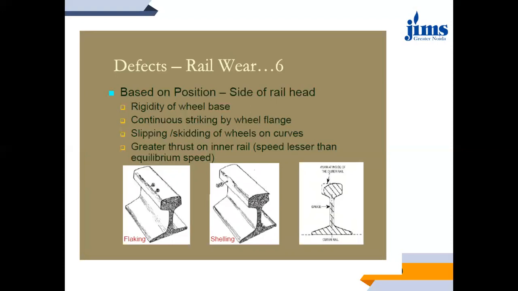Okay. After that, we have these three diagrams where in the first one you can see the defect in the side, that is flaking. Okay, flaking is basically the deterioration of the surface of the rail head, in which the peeling up of the surface will be taking place. In shelling, how is shelling different from flaking? In shelling, you will be finding the same positional defect, the rail wear. But there will be one difference: instead of peeling up of the entire surface, there will be depressions formed at the side of the rail head.